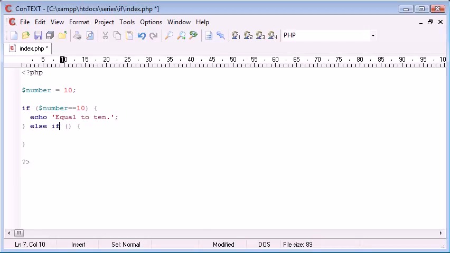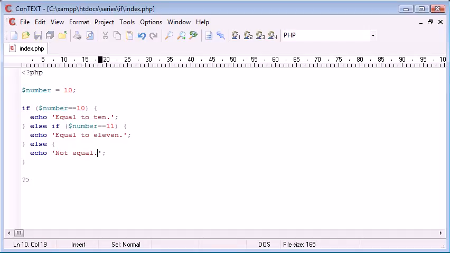So else if, and here what we can do is, before just jumping to else and saying no, this doesn't equal and this is evaluated to false, we can make another comparison and we can do another evaluation. So else if number equals 11, and we can now say equal to 11. Oh, if I can spell it. So equal to 11. Then what we can do is we can say else